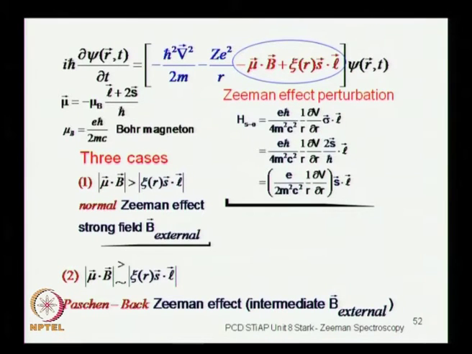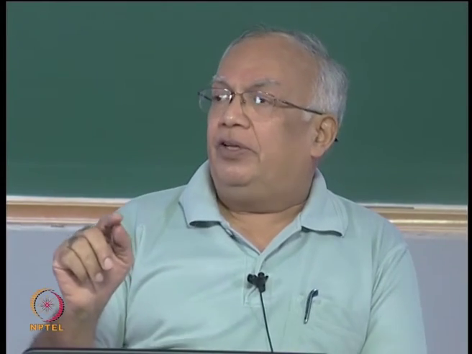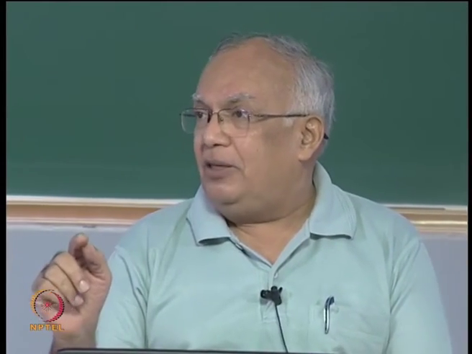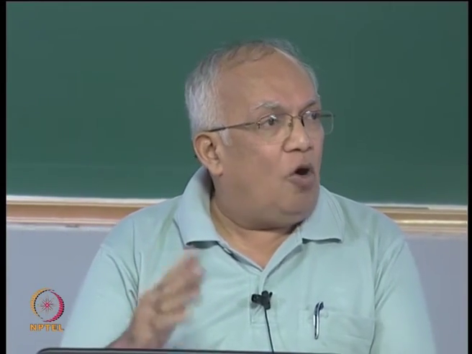the quadratic terms, b square. We have already discarded those terms in b square. So, it is not strong enough to consider the b square terms, but it is referred to as a strong field effect only because it is stronger than the spin orbit interaction. So, it is only with reference to the spin orbit interaction that you call this a normal Zeeman effect,